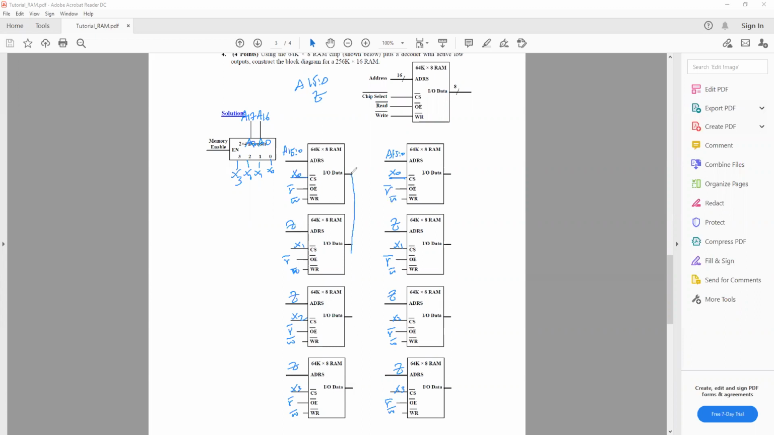Data lines all will be connected together and this will provide, اللي هي ما اقدر اسميها data out لانه this will be IO. So let's call it DIO. So this is DIO from 0 to 7 and this will be DIO 8 to 15. تمام كده we connected all the lines in the memory. طيب اي سؤال؟